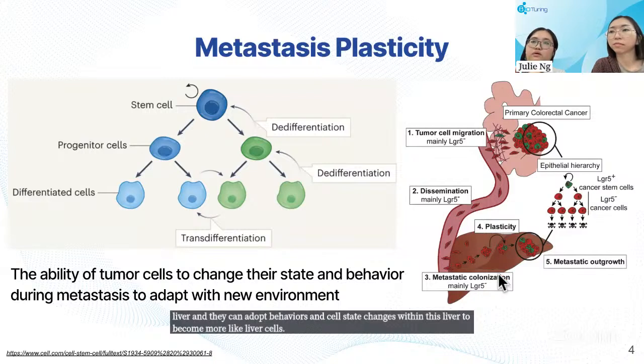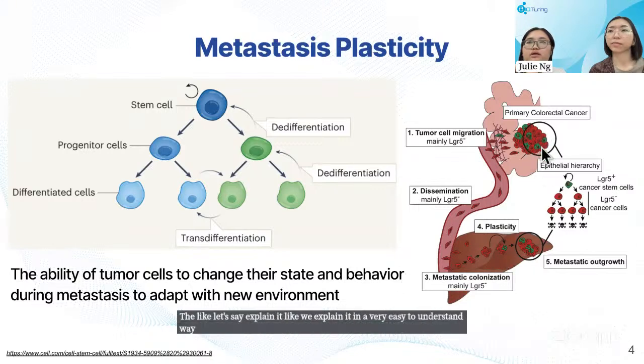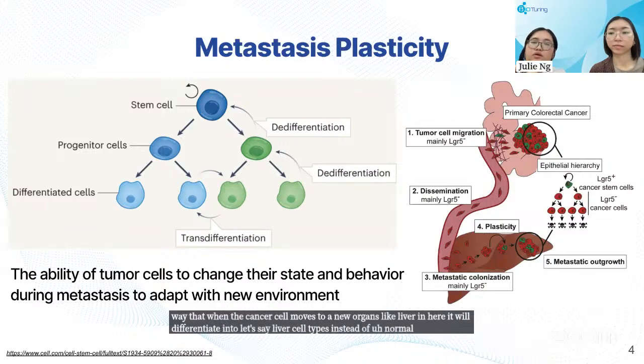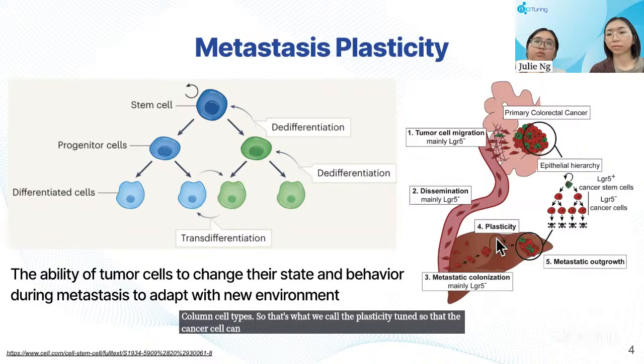So about the plasticity that we mentioned, let me explain it in a very easy to understand way: when the cancer cell moves to a new organ like the liver here, it will differentiate into liver cell types instead of normal colon cell types. So that's what we call plasticity, where the cancer cell can adapt to a new environment in new organs